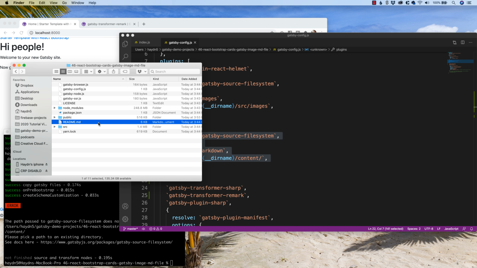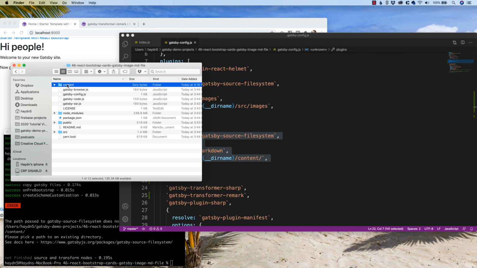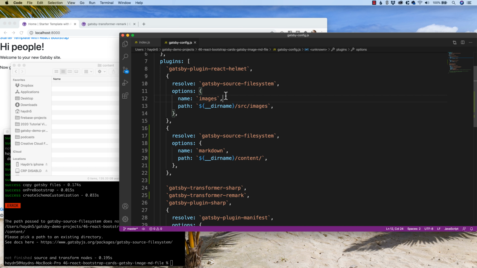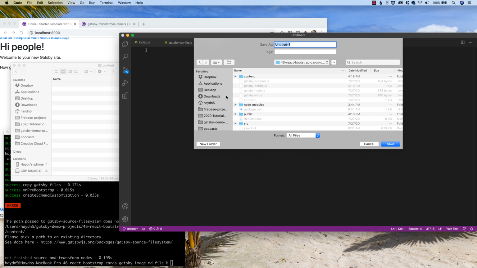So let's create the folder structure. What I'm going to do is create a new folder and call it content. This is where all my Markdown files are going to live. So here I'm going to create a new file, save it, and in my folder where it says content, I'm going to call this one Golden Gate